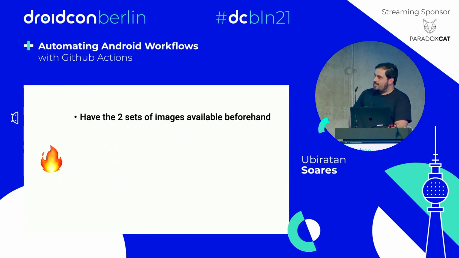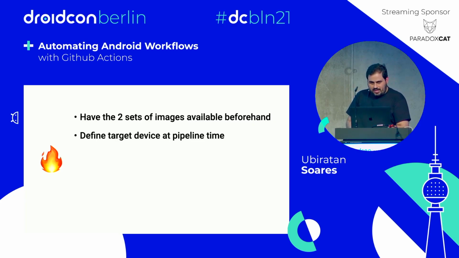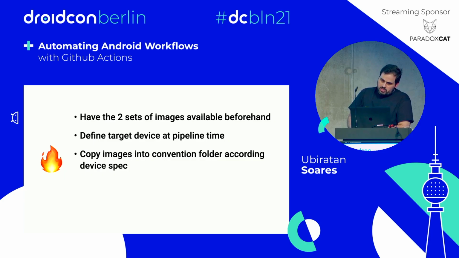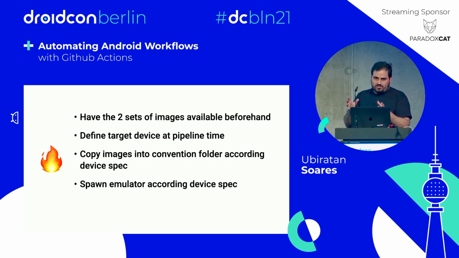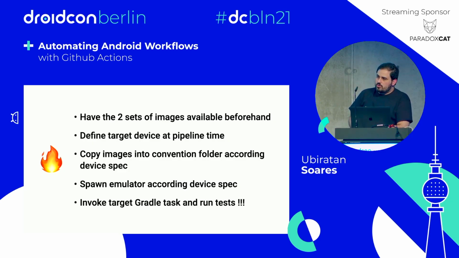What if I told you that, let's say I have these 2 form factors and I capture or record screenshots for both of them. But I don't use the conventional folder in the source version control to store those files. I store them somewhere else, but I have them beforehand. At pipeline level, I can define my target device, copy those images inside the conventional folder, spawn the particular emulator device to match that particular screenshot, and